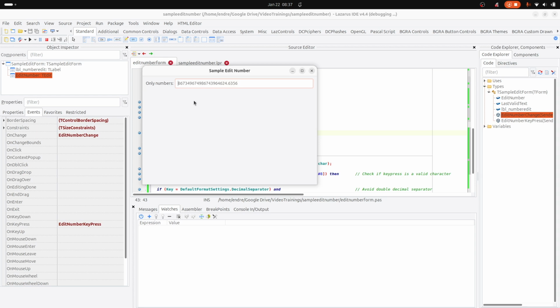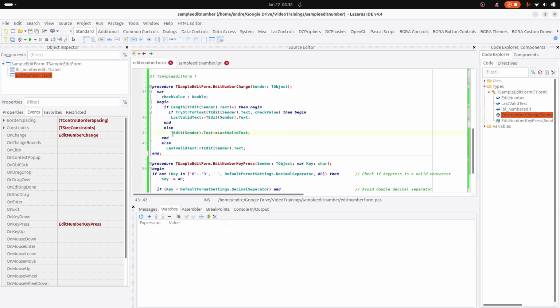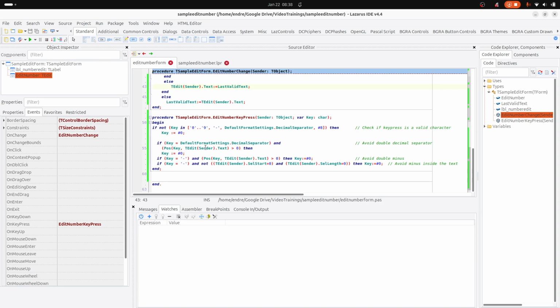So this is what these two events are taking care of. So one is taking care of the button presses, and the on change is also controlling that what is entered is right. So now let's see how these two procedures are made, and let's start with the on key press